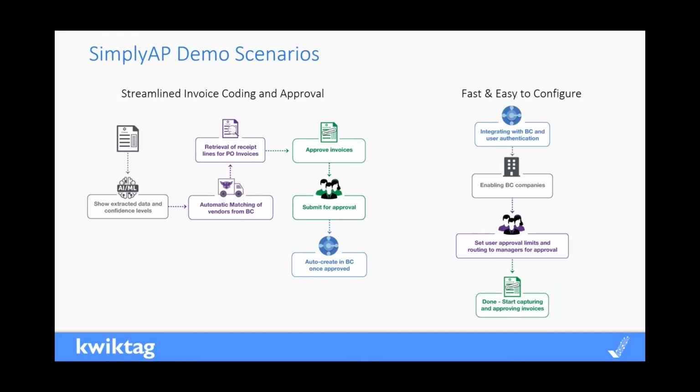So I'll go into a little bit of the administration side of SimplyAP and show you how easy it is and how quick that time to solution really is. How fast you can get up and running. Gone are the days of 3-month backlogs of service engagements and dealing with that entire process of getting up and running. This can be ideally up within a day or a couple days, depending on your IT prowess and your resources.